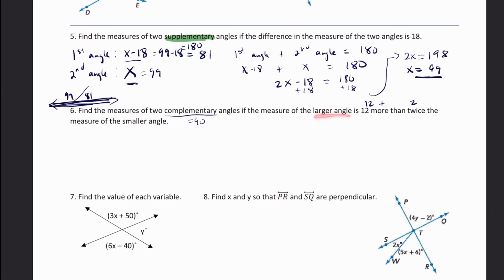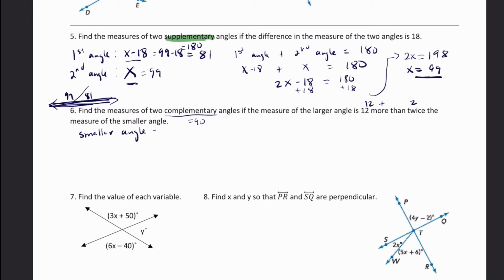We have the larger angle and the smaller angle. Notice that the larger angle has more information than the smaller angle, which is great because the smaller angle is really, really easy. It says, find the measure of the smaller angle. Do we actually have any information about the smaller angle? Well, no, we don't. We don't know the specifics that the larger angle has. So if we don't know something, that represents the unknown. So let's call the smaller angle